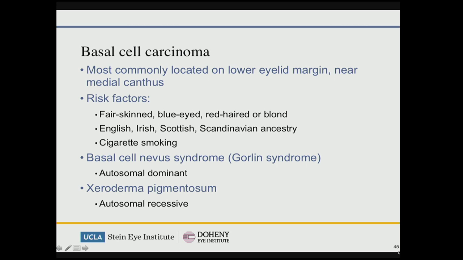Just something to keep in mind with basal cell carcinomas is the basal cell nevus syndrome, also called Gorlin syndrome, which is an autosomal dominant condition, and if you have a patient with multiple basal cell carcinomas prior to their mid-30s, about 35, this is just something to consider. Xeroderma pigmentosum is also a rare condition. It's autosomal recessive, in which patients can have multiple basal cell or squamous cell carcinomas at a very young age,